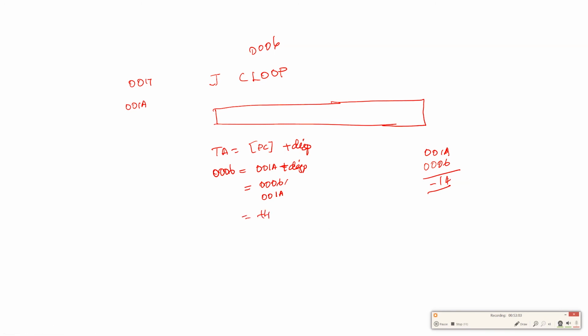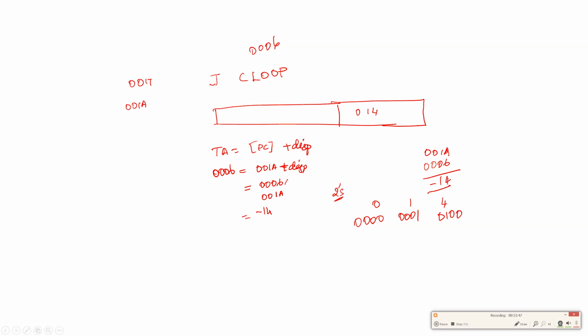So what do I have to do when I have a negative number? Negative numbers are represented using 2's complement. You remember that? So I have to use 2's complement. How will I find the 2's complement? The negative number 14 is represented as 0, 1, 4. Now I have to convert this into binary: 0 is 0000, 1 is 0001, and 4 is 0100.